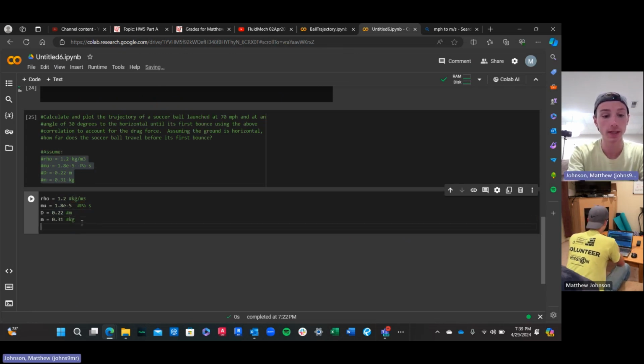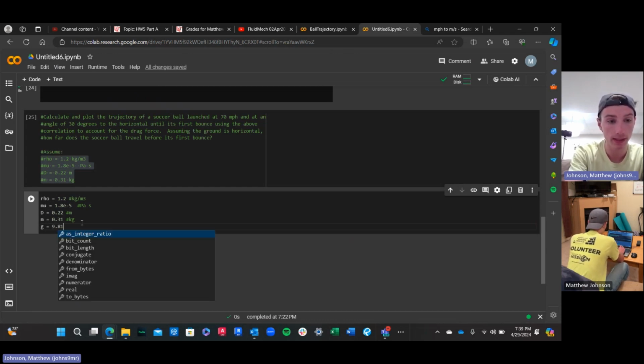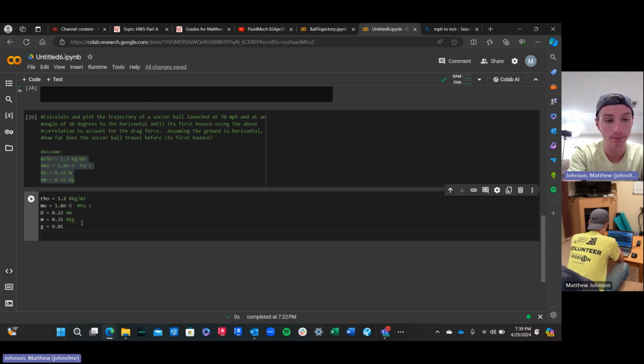And then additionally, we'll need gravity. I don't remember if I put this one in here already. I don't think I did. And we'll need the area, the cross-sectional area of the ball. Okay, so call that A, and that's going to be equal to